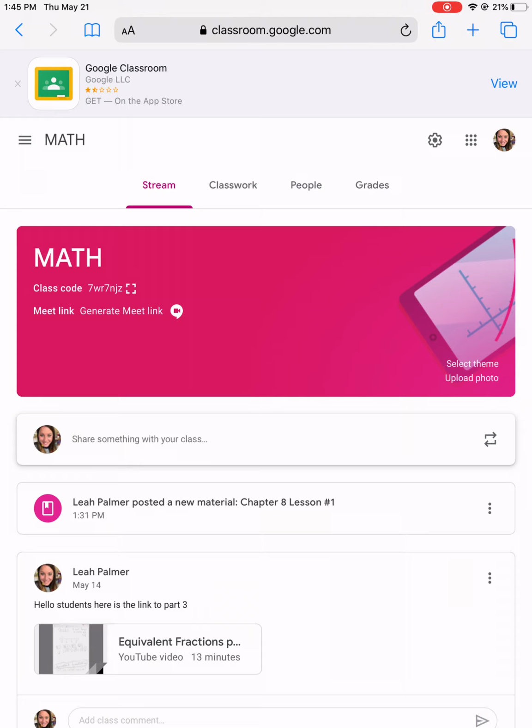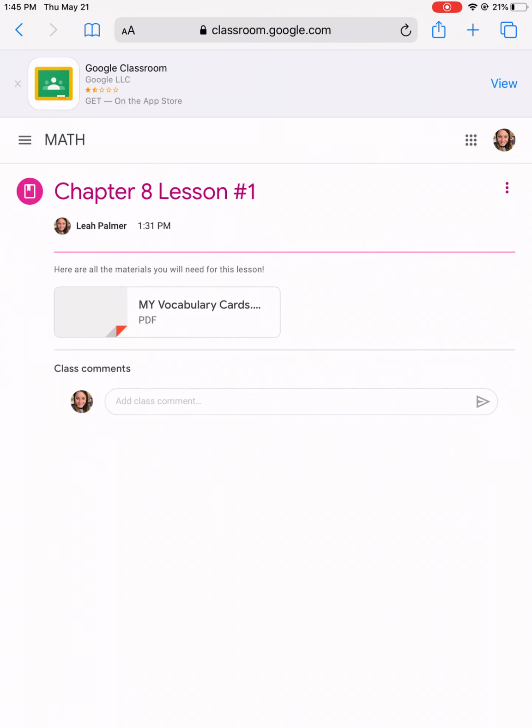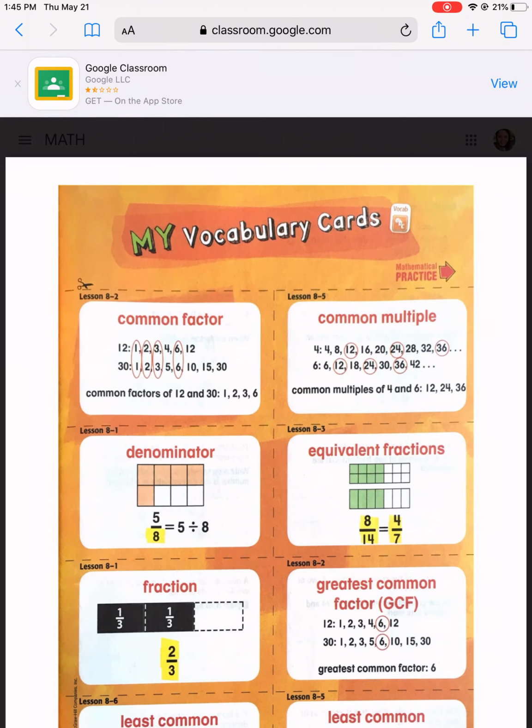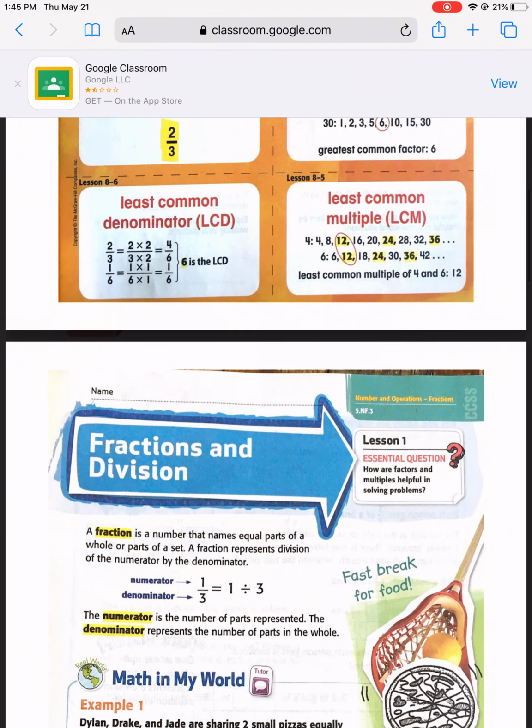Now, if you can go here, and if you have 2 devices, you could watch this video, and you could also pull this up so that you could have everything that we're going to have from the book, because I know you guys don't have the copies like I usually give you. So it's going to take a while to load. There's our new vocabulary in the lesson,